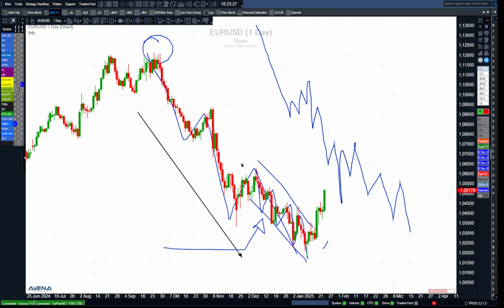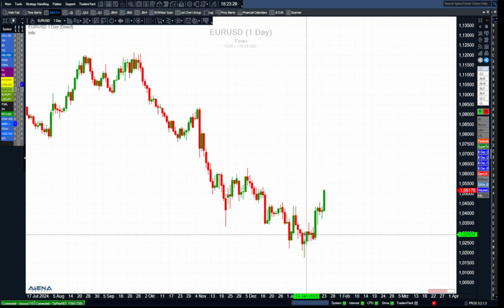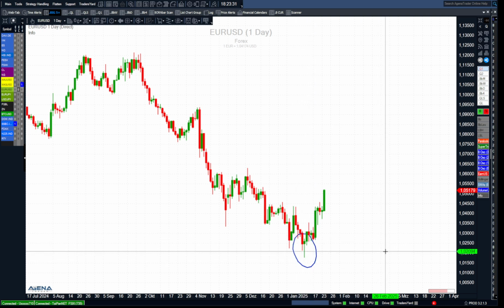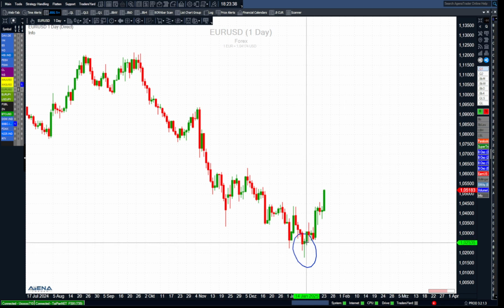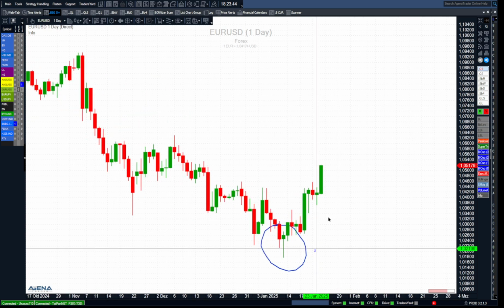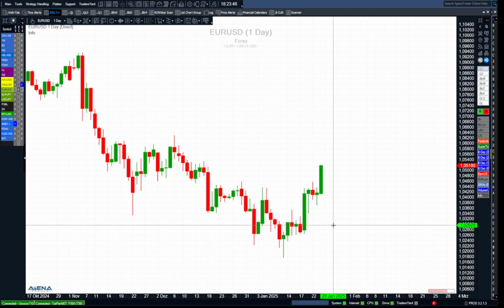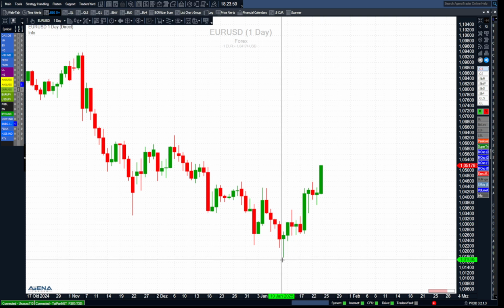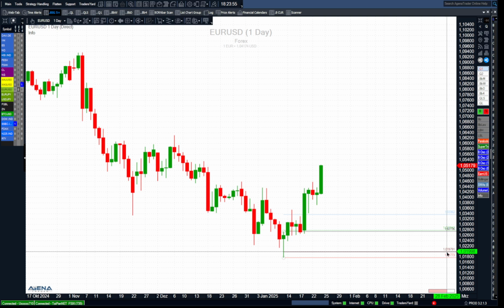And some of you may have seen that at the very end there is a turning candle. In this case, it is a hammer, which is indicating with a small body and the long tail on the lower end that the market may turn. So the first possible start to get into this position might be if the market is going above this level. This is something we use in this case,